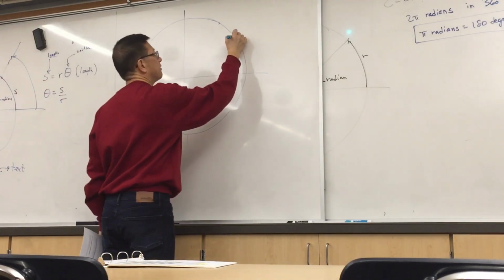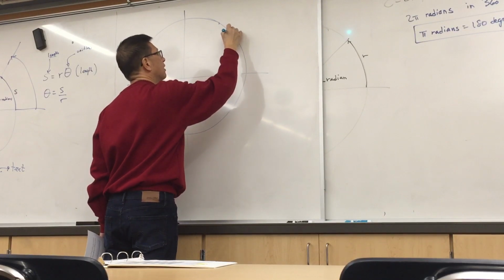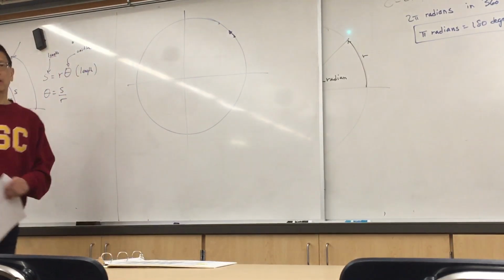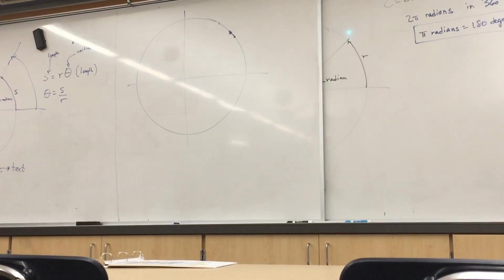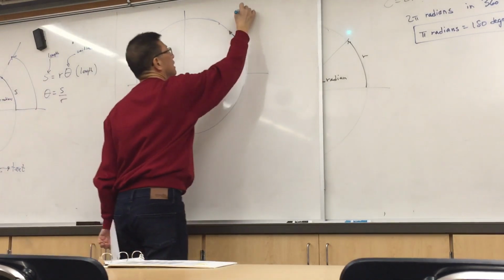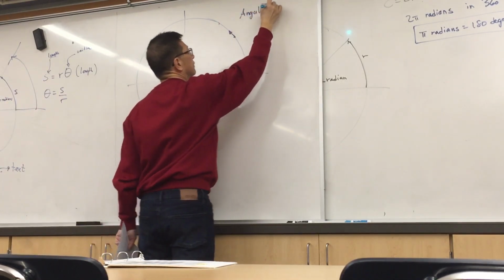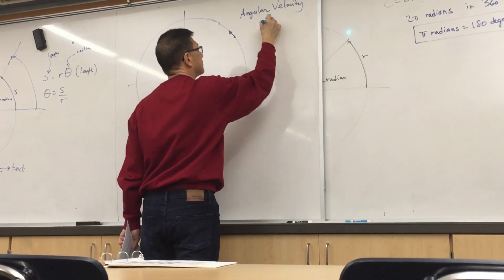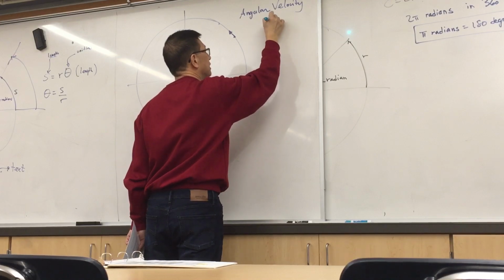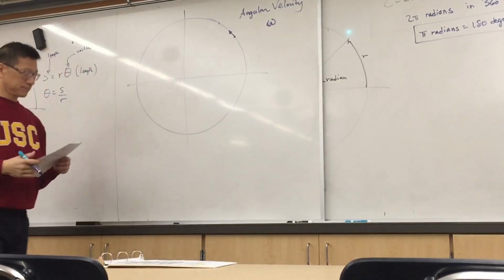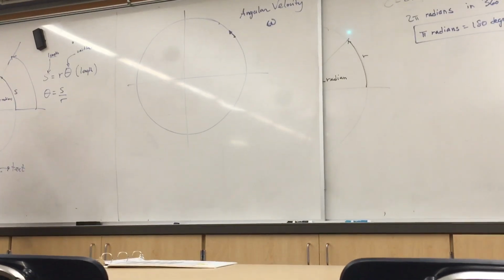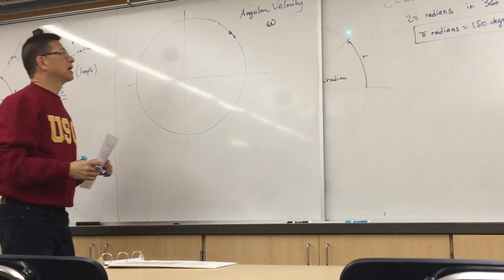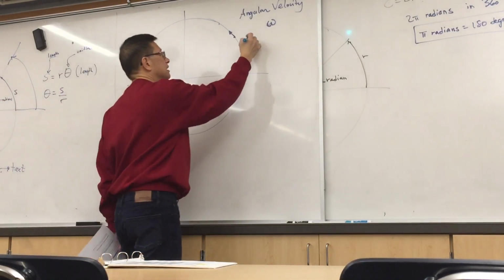So you have some point here, and it's moving along the circumference of a circle. Okay, and so the angular velocity is often denoted as lowercase omega. Okay. So the angular velocity is defined as the